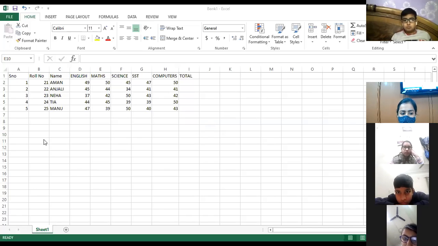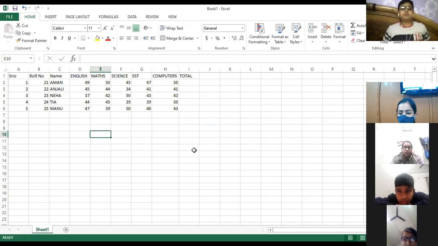How to format the spreadsheet? You can use the different options available in the font group of the Home tab. This is your Home tab. In your font group, you have different options. You can use all those options, and whenever you are using them, you need to select the data first of all. Until and unless the data is selected, the formatting will not be applied.